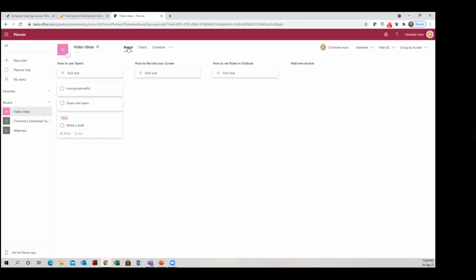So what they've done for Teams is they've now combined, they did this a few months ago. You used to add the To Do app to Teams, and then you could add the Planner app, and they were separate. Now they are combined into one. It's called Tasks by Planner and To Do, and I'll show you how you add it to Teams. So if I bring my Teams over here,